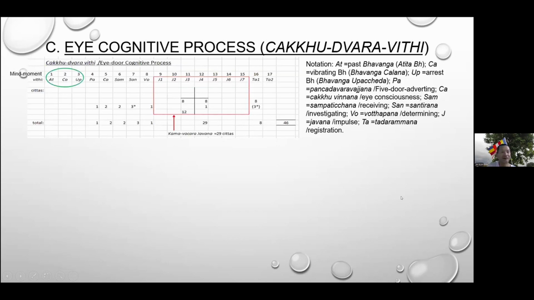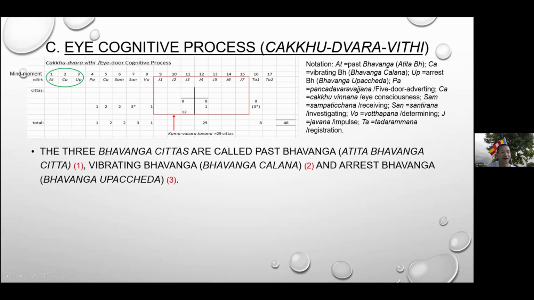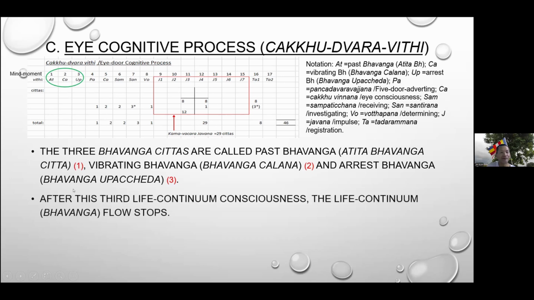Okay, let's go into detail. The first 3 are the bhavanga cittas. The three bhavanga cittas are called the past bhavanga, that means the first one, then the vibrating bhavanga, the second one, and then the arrest bhavanga, number 3. Then after the third life continuum consciousness, the 3 bhavanga have lapsed and the life continuum bhavanga stops. Then it is followed by